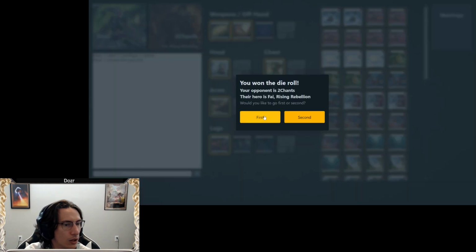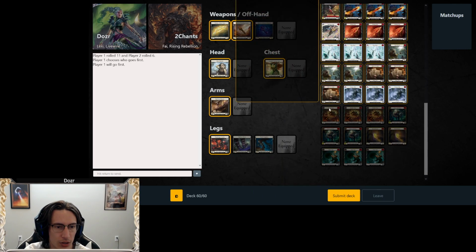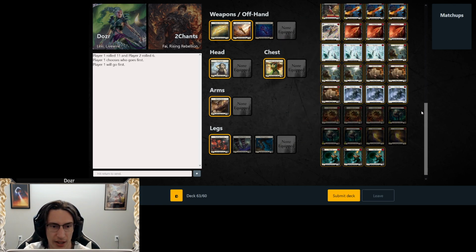Oh, Fi. I think against Fi, we want to go first. I think that works just fine for us. I think against Fi especially, we're going to want to have our Tar Pit traps to help deny his on-hit